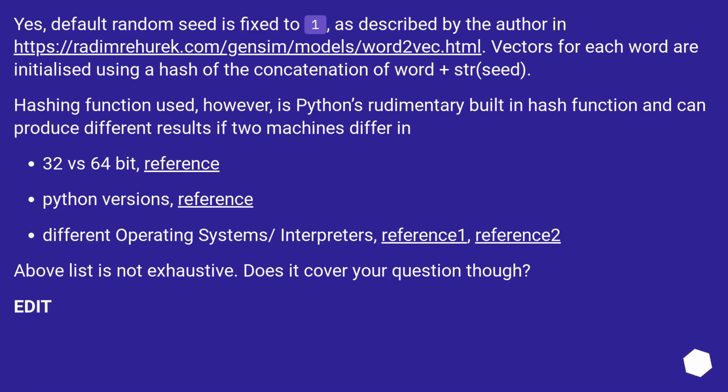Yes, the default random seed is fixed to 1, as described by the author in this URL. Vectors for each word are initialized using a hash of the concatenation of the word plus the str seed. The hashing function used, however, is Python's rudimentary built-in hash function and can produce different results if two machines differ in